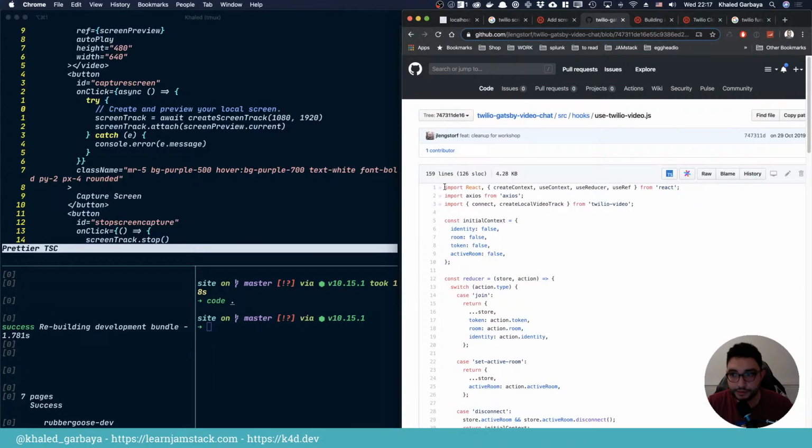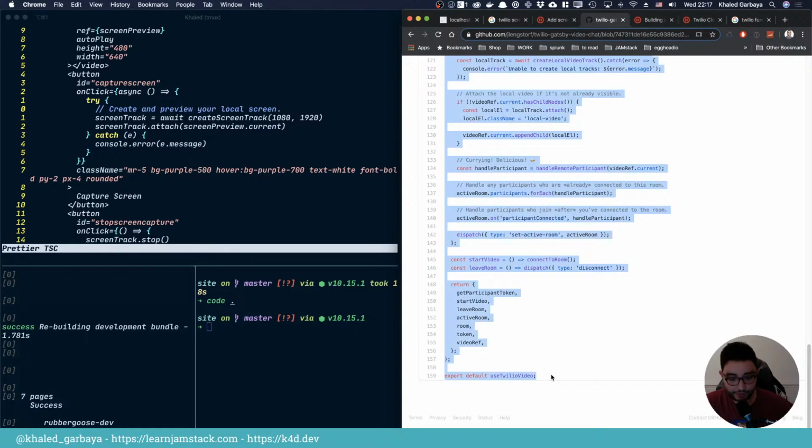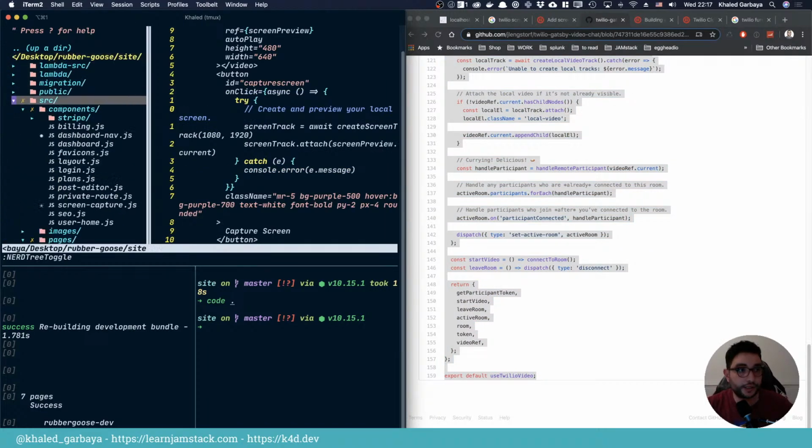So I'm gonna steal this again, because the concept of doing the rooms and stuff, it's the same. We will add just the screen capture part of things. So that will go inside of